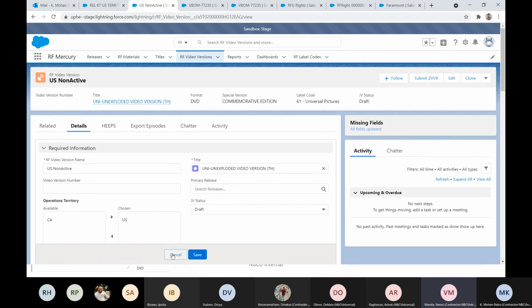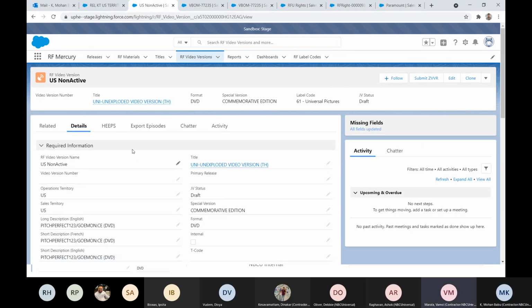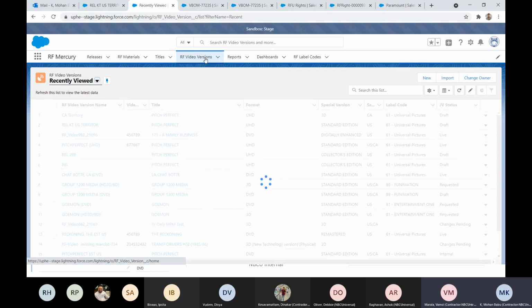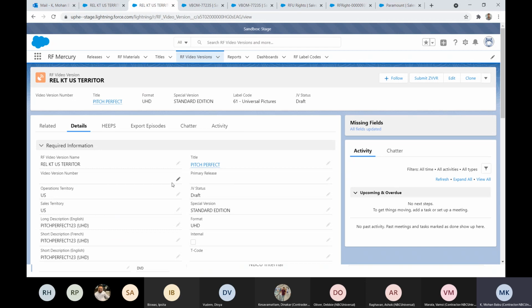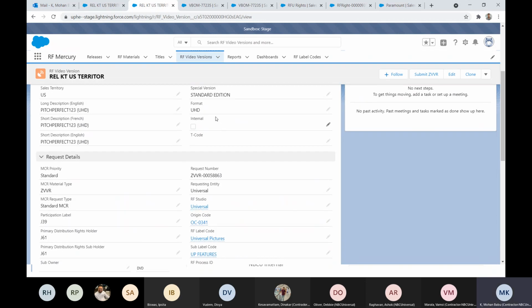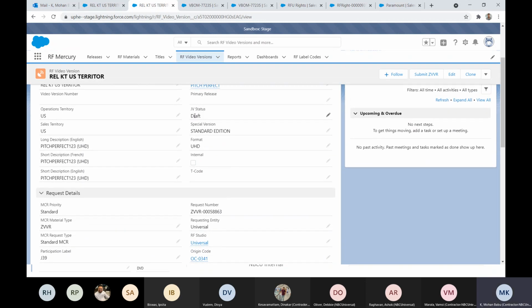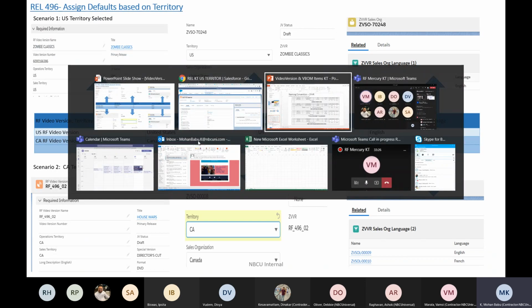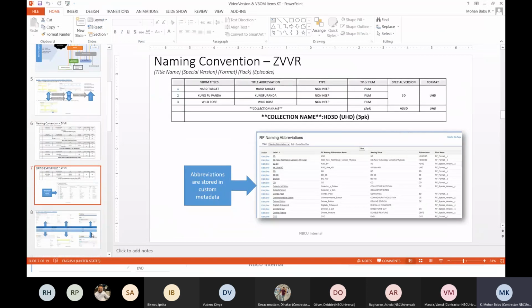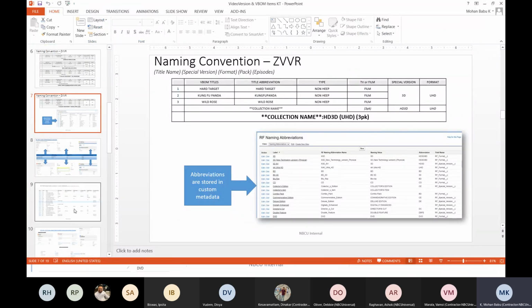Yeah, go ahead. Okay, so whenever we are creating the video version, the status fields on the video version as well as on the VBOM will get defaulted. We have different scenarios for how it is defaulted and what has to be appended.